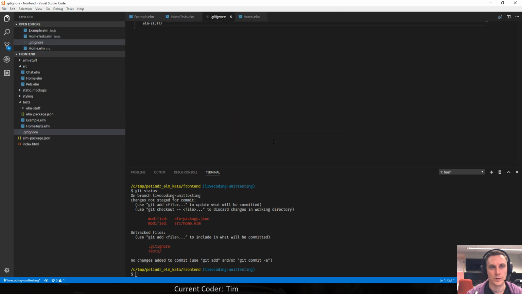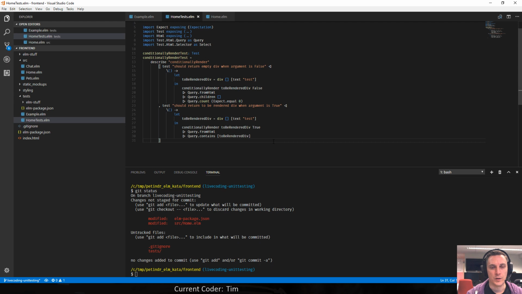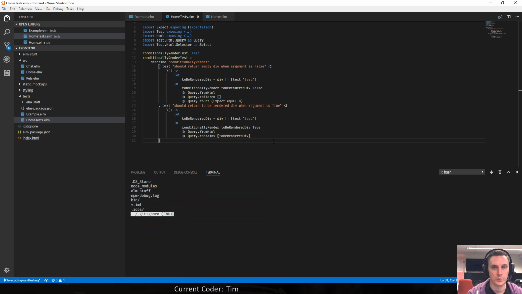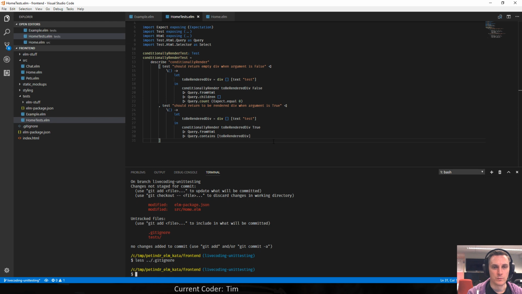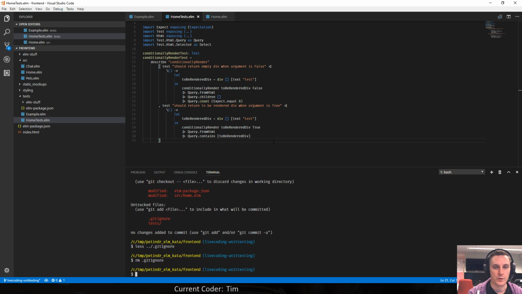To ignore elm stuff. But I guess my git ignore on top level also contains elm stuff. Yep. So I don't really need this git ignore file in here because it's already covered, right? I guess that got added by running elm-test in it or something.